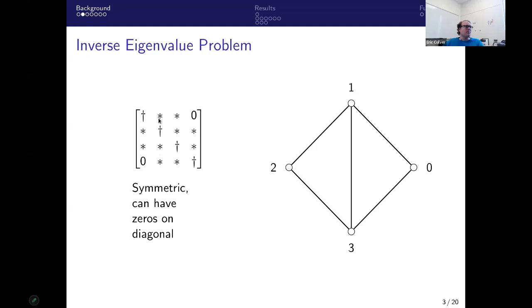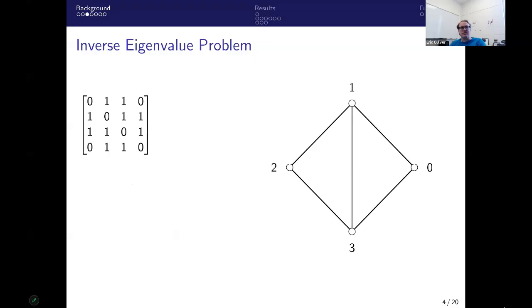So where the stars are, we can put any non-zero entry, and where these daggers are, we can put any entry. The diagonal entries are special, but where the zeros are, we want to have zeros. And essentially, we want to only look at symmetric matrices in this particular case. So we want symmetric matrices, but we can put any entry we want where the stars are and any entry where the daggers are. And in particular, what I'm looking at is how many eigenvalues do we get out of